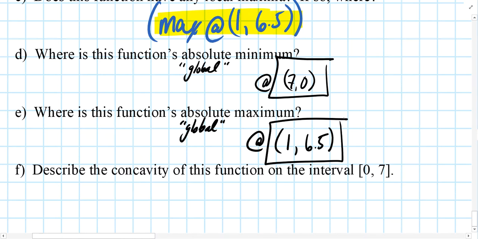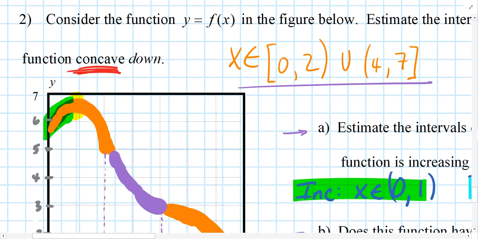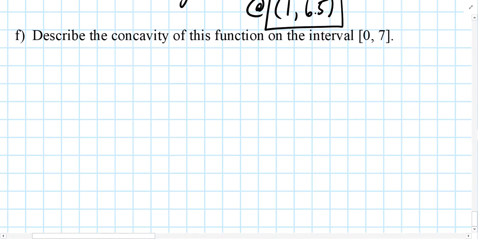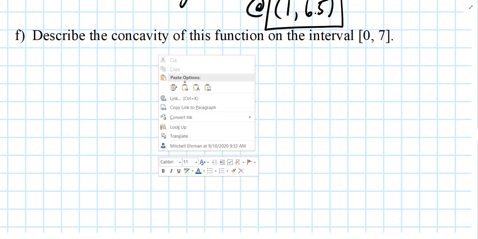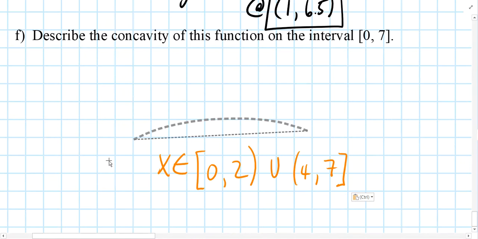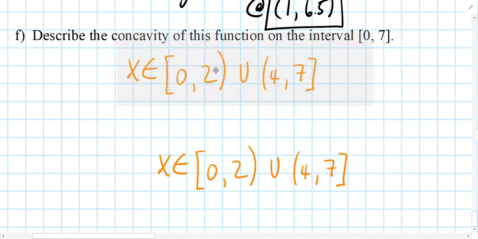And we already answered part F partially when we mentioned it up here. So this expression represents where the function is concave down. So I'll just copy this and report it at the bottom here. So we're concave down on this interval,